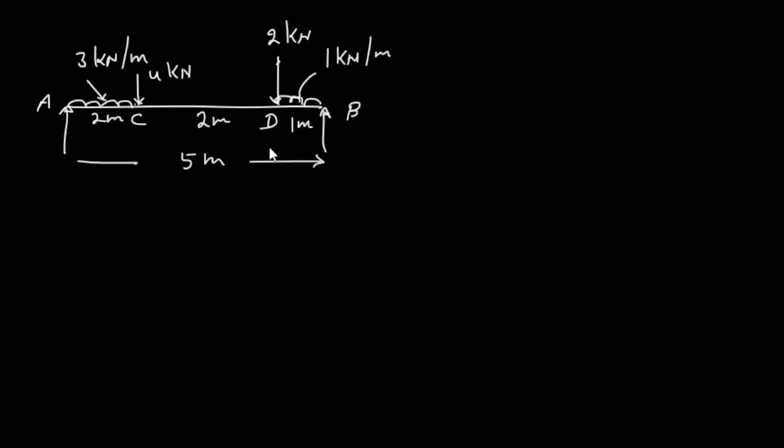and then first I will find the moment about point A. So the summation of moment at point A will be 0. So this will give me RB times 5. Anti-clockwise moment is equal to clockwise moment. So RB times 5 is equal to 3 times 2 square divided by 2,